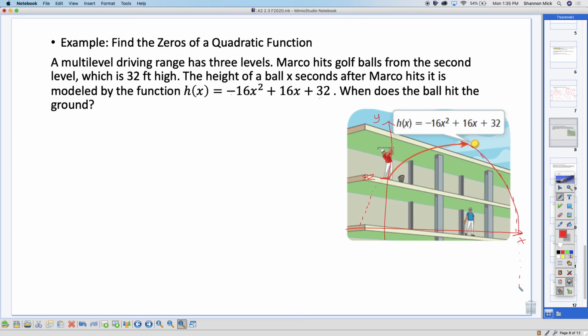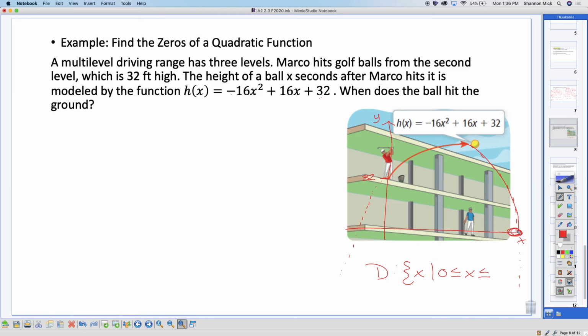We've talked about the domain of a quadratic equation being all real numbers, negative infinity to positive infinity, unless it's in an application problem. So what is my domain going to be here? What's the first number I want in my domain? 0. Because I can't have negative seconds, can I? No. So it's going to be 0 is less than or equal to x, which is less than or equal to